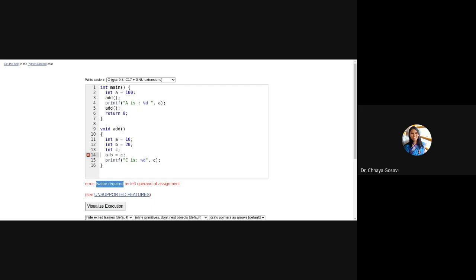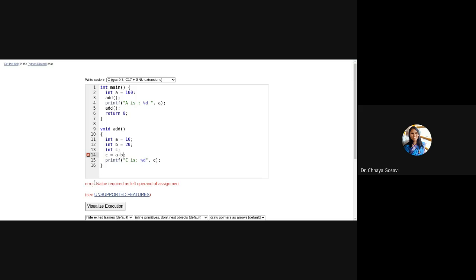L value required as left operand of assignment. So the assignment statement's left hand side should always be an L value, that is a location. You cannot write any expression on the left hand side. You can have a single value or expression on the right hand side, but the left hand side should be a location, not an expression. It should point to some location.